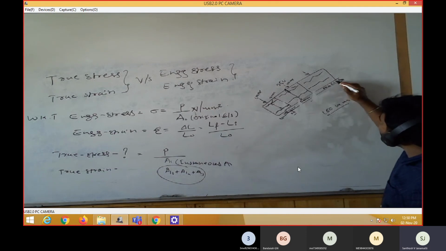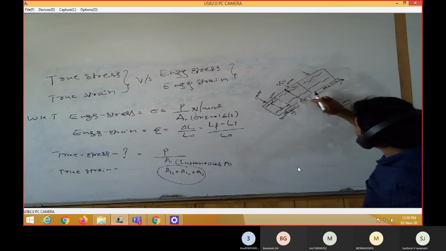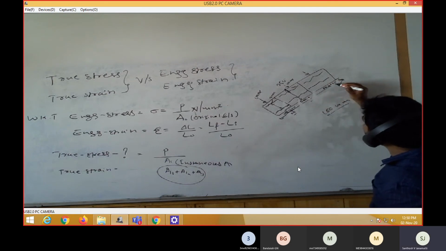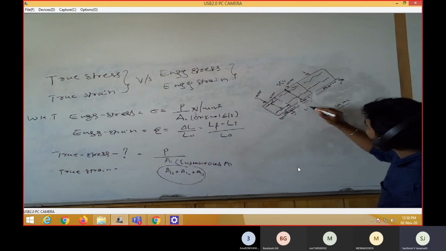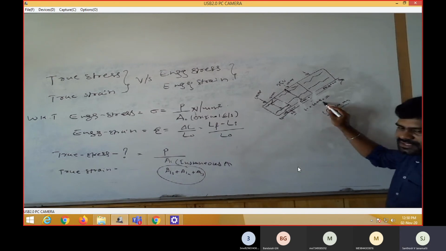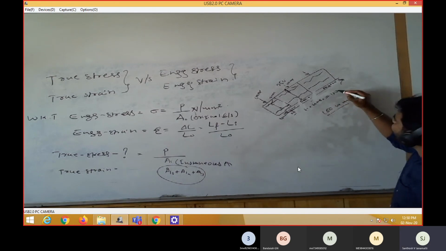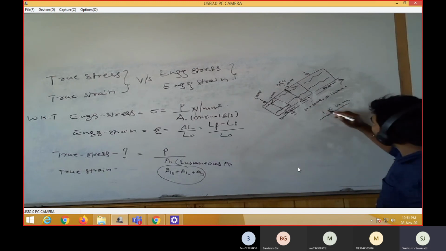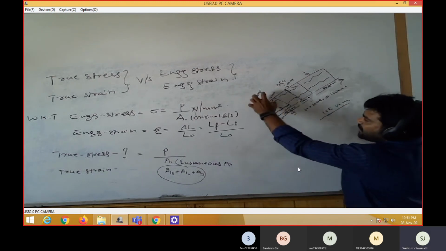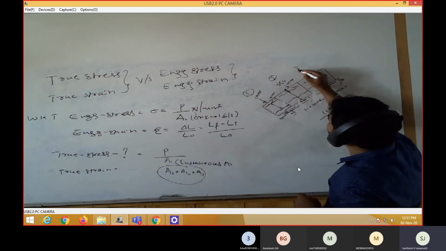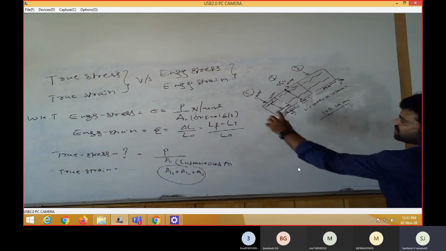Plus 10 equals 60, plus 10 mm, plus 10 mm. Here also plus 10 mm equals 60. See here, 60 plus 60 plus 60. Now how much is it? 120 plus 60, 180. Now 180 mm. Initially how much is the length? Initially it is 150. Due to the applied loads, instantaneous load 1, instantaneous load 2, instantaneous load 3.